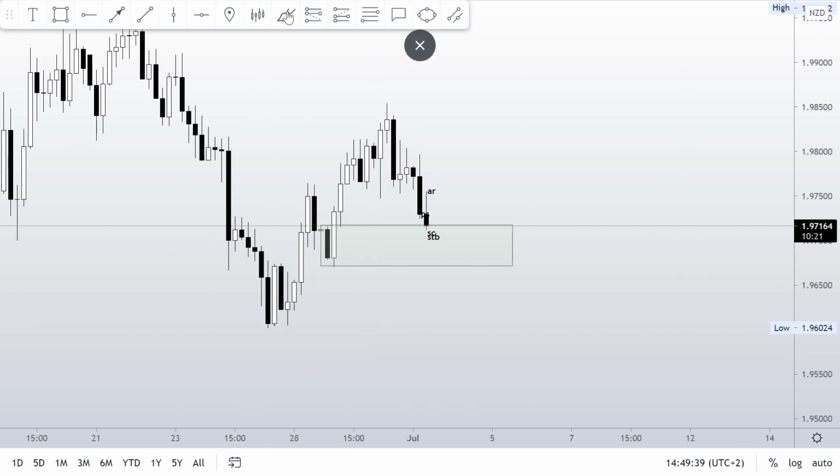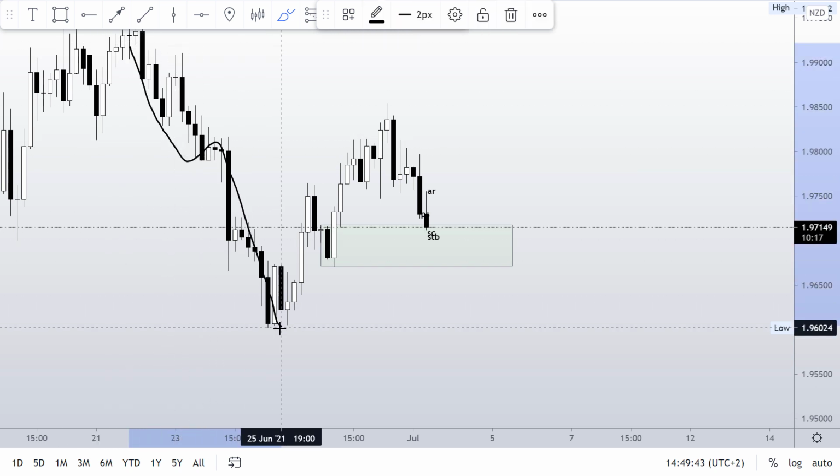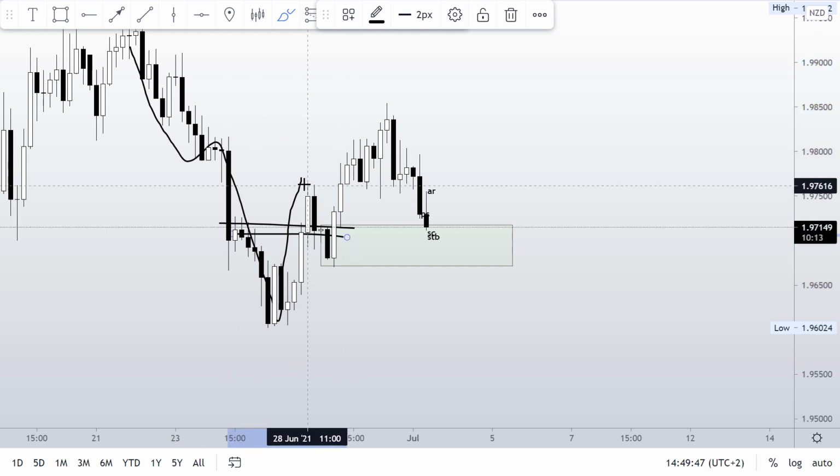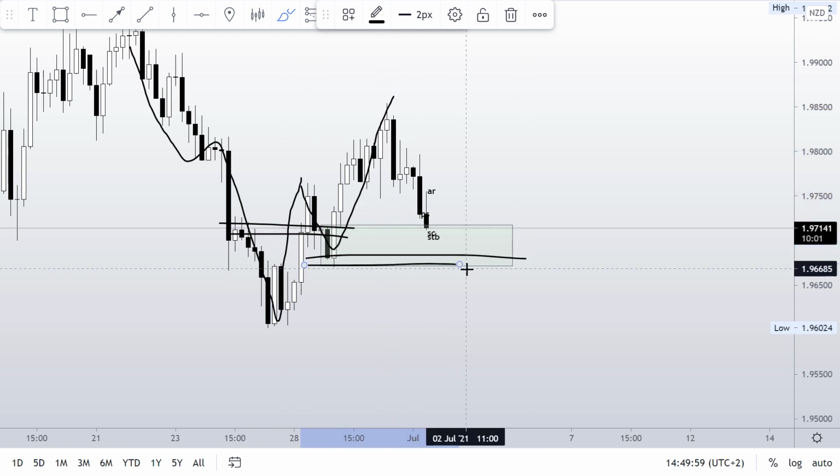And we had a move like that. Of course, we were here, we were making lower highs, lower lows, but now we broke above this previous area, okay? We made a higher low and then we broke again. Until we break this area, of course, my bias is bullish now.